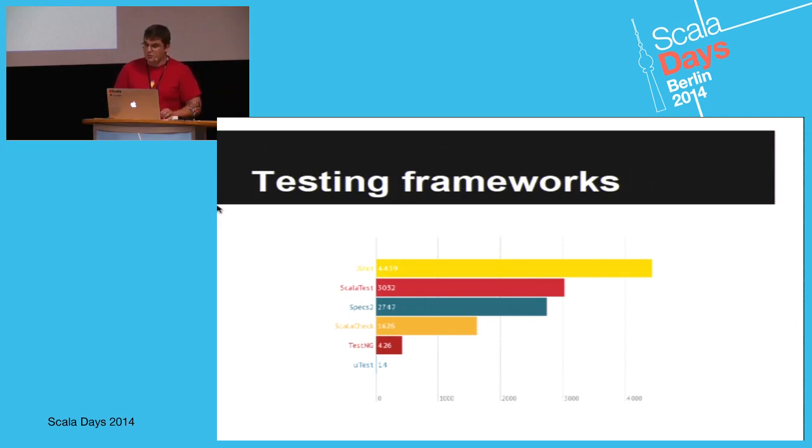So we can use this information. Right now we can see that the competition between Scala test and Specs2 is very close, and it's fun. Also we can see that Scala check is also a very popular library, and currently in IntelliJ we don't have any specific support for Scala check, and I think it's time to do something for Scala check too, and probably it will be implemented really soon.